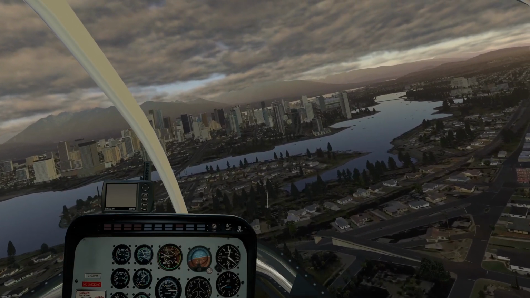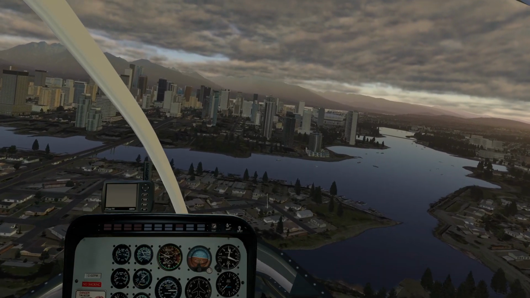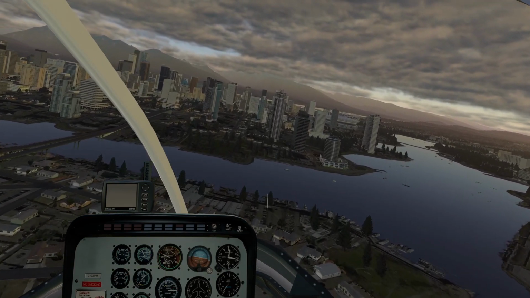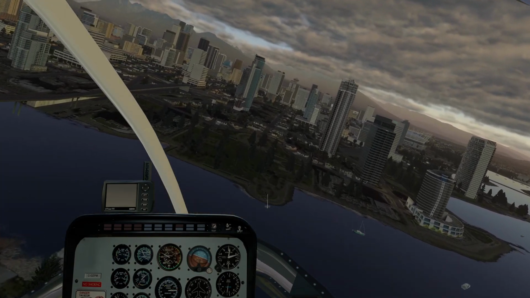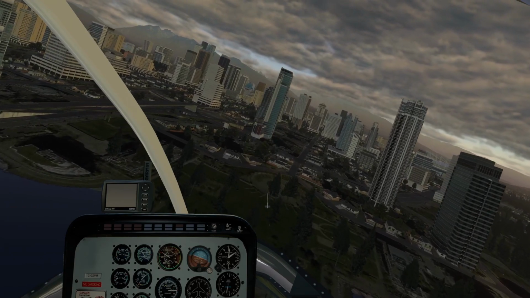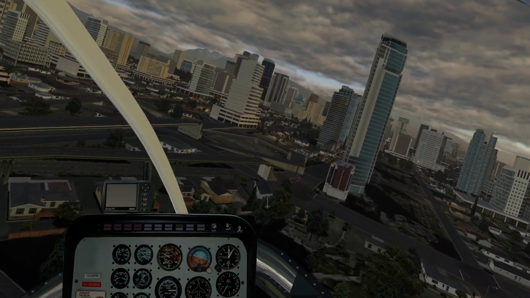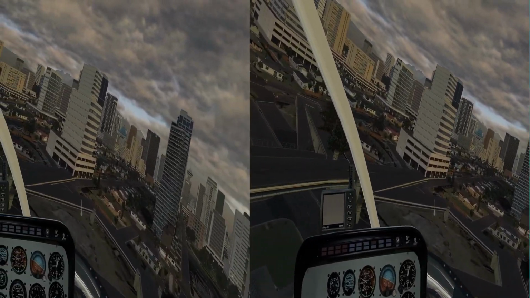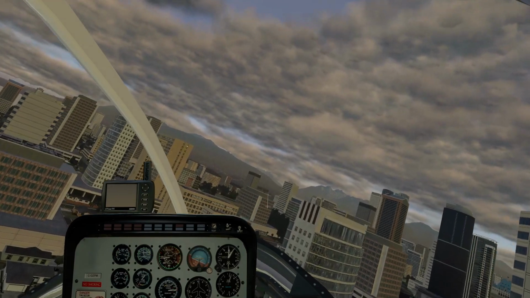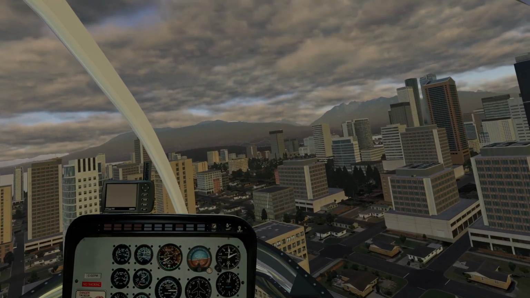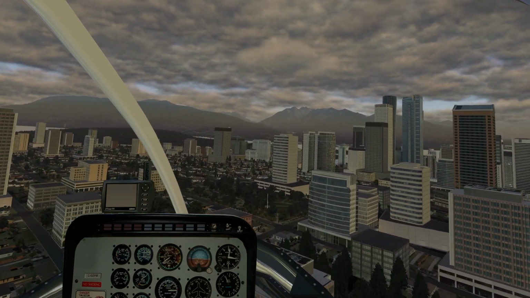So, what do you get in this package? Well, you get the downtown Vancouver skyline, you get seasonal ortho photos covering the city of Vancouver, and there's also SAM seasons as well. Not only do you get SAM seasons, you also get SAM seasonal vegetation as well, so that means the vegetation will change as you go through the seasons, through spring, autumn, summer, winter. Also, hand-placed forests and some autogen building classes, and many of the tall skyscrapers have been hand-placed, hand-drawn, which are